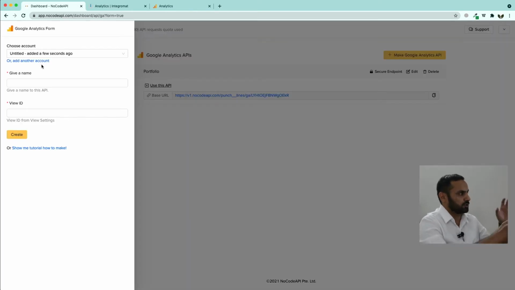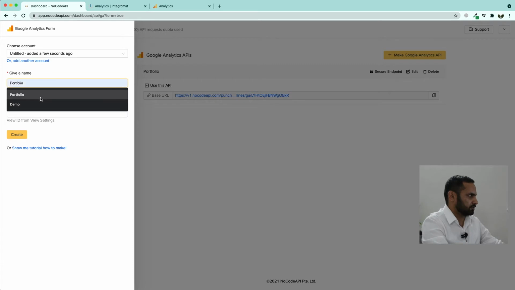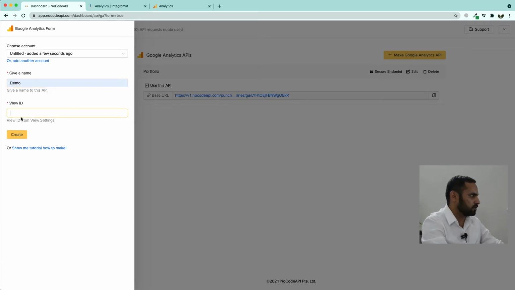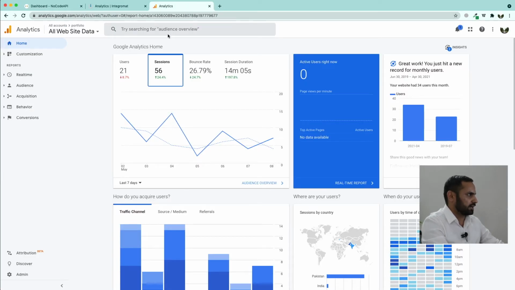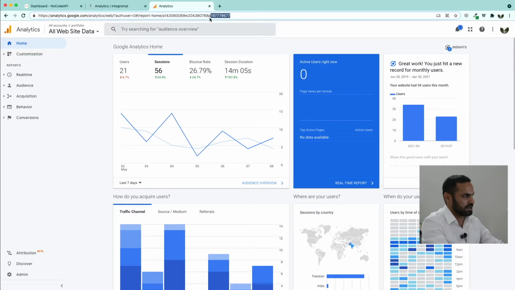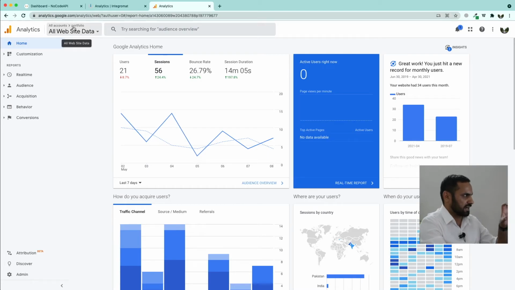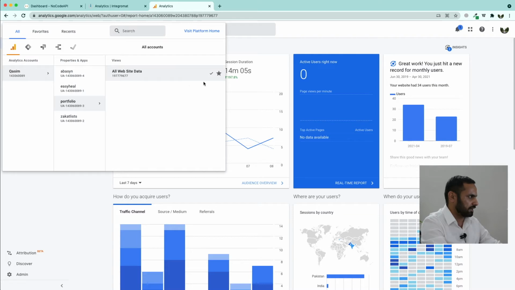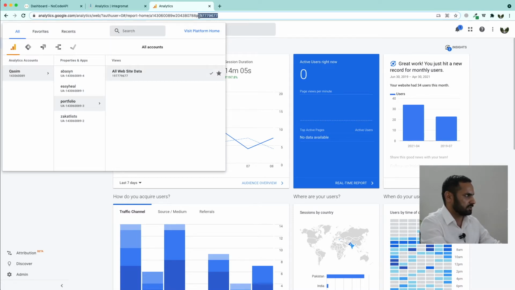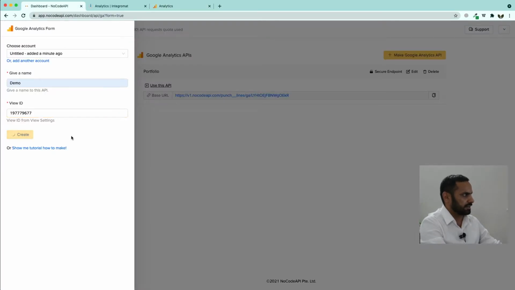We have given NoCodeAPI permission. Next, give your API a name, for example demo, and to get your view ID, you will have to go to your analytics page, and you will find your ID listed at the end of your URL after this letter P. So copy this ID and paste it over here. You will also find your ID in this settings tab or portfolio tab, and here you will see that it is 1977796777. It is the same one here. Because I cannot copy it, I will copy it from the URL, paste it here, click create, and our endpoint